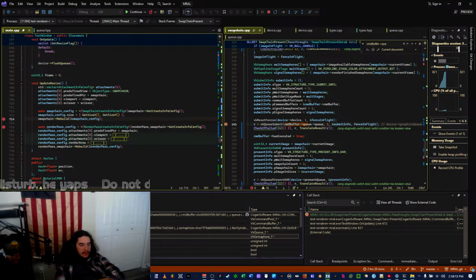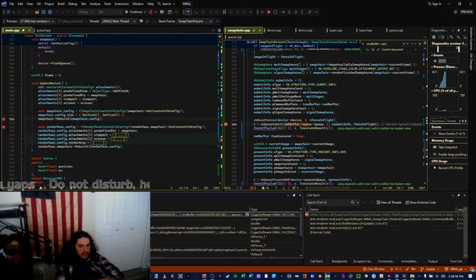This is the graphics Q. Family index 0. Q index is 0. Close that. Close that.